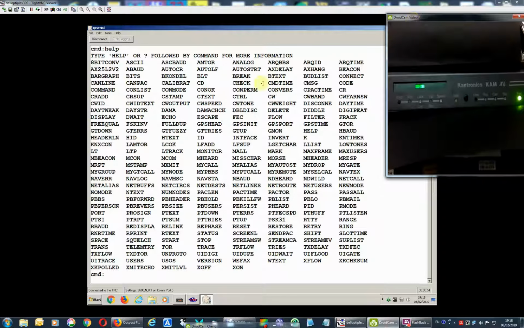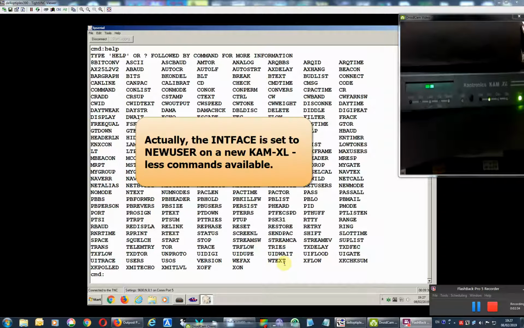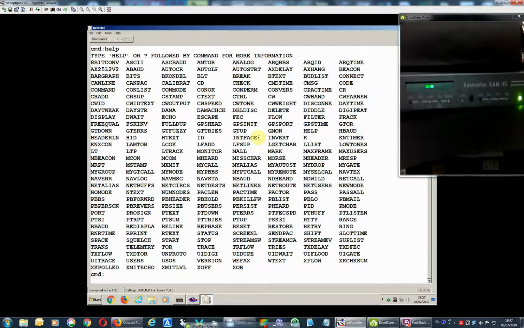Image on the right. So we are presented with all the commands this TNC supports. There are quite a few. On a brand new TNC, you'll see less. You can see the maximum number here on mine, because I believe the interface command is set to that. I haven't worked with the KAM XL for a while, so I've forgotten a bit of the initial setup. Anyway,